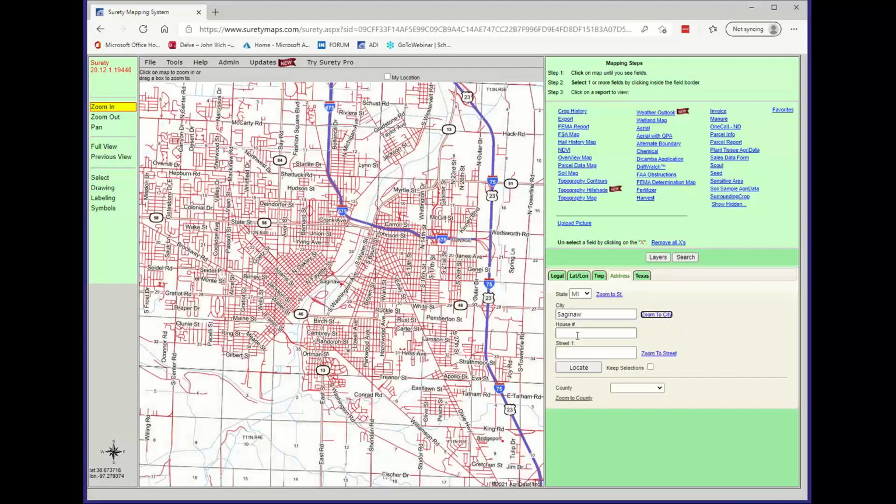You can also enter a physical address. So you could type in a house number or a building number and then the street address. As you type these in, you can zoom to that street. Or you can type in everything here. If you zoom to that street, what it's going to do is zoom to the length of that street,